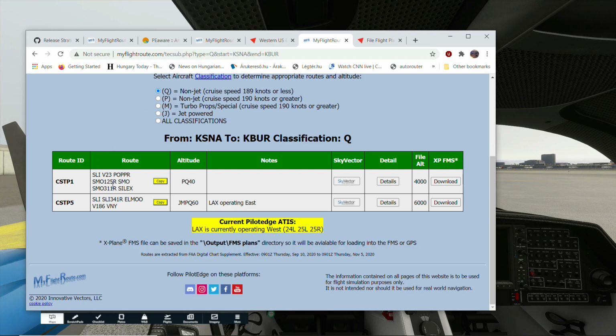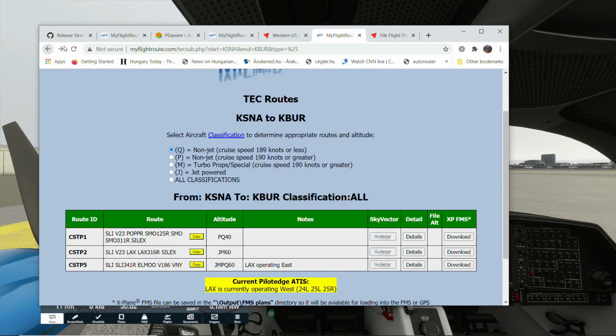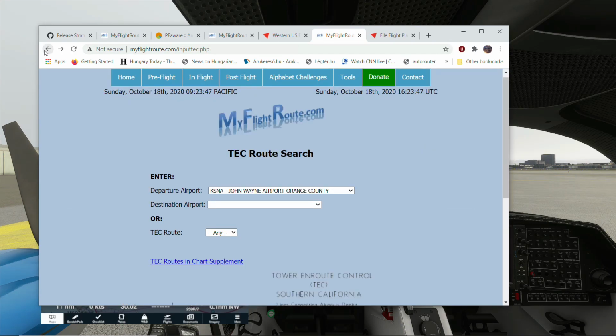CSTP1. Okay, and CSTP1 starts at Seal Beach VOR, then Victor 23 to POPER waypoint, then the radial 125 from Santa Monica, I believe, inbound into Santa Monica, then the radial 311 outbound to SILEX, and then the destination. Okay, so I think that's enough about how to get the actual route for the